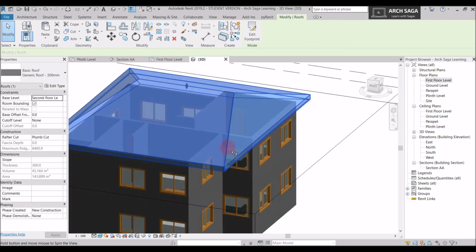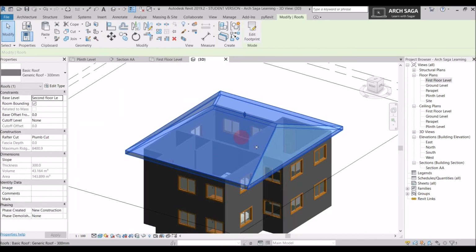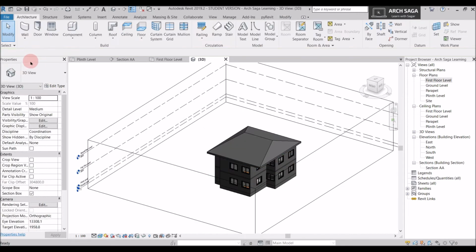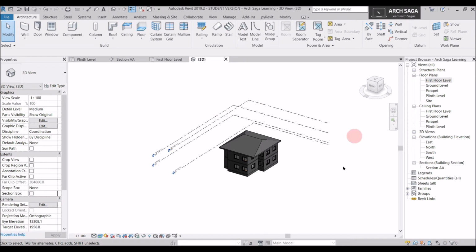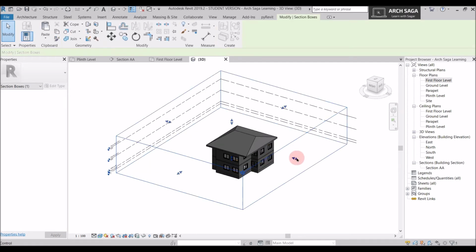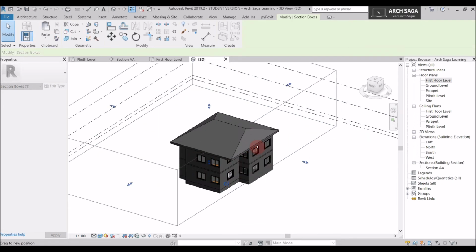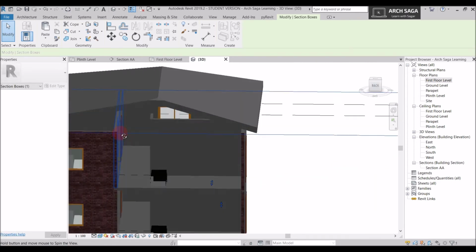So if I click on it, I can see some interior walls are not attached to the roof. So I'll just go to my property section tab. Without clicking on anything, I'll go to my property section tab and just activate the section box. So it would look like this in your user interface. So again I'll select the section box. Now you can select how much area you want to see. So I don't want to see this roof or these walls, and now I can see some internal walls.